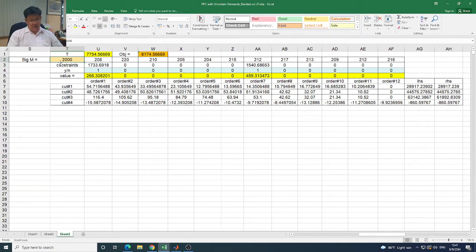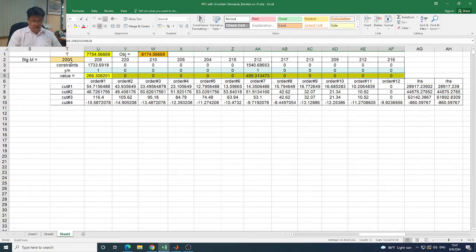As I told you before, there's some disruption. For the 2000 value, you want to make sure that the value allocated for each x sub t, which is here, will not exceed this value. So you might wonder, last time when we solved the previous example we identified 10,000, but this one is only 2,000. Actually, you can have any big positive value as long as you make sure that your x sub t is not